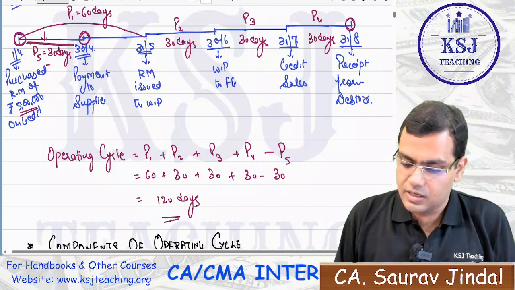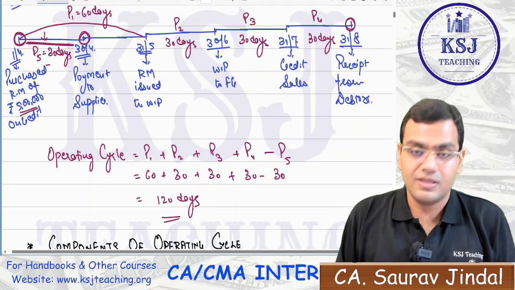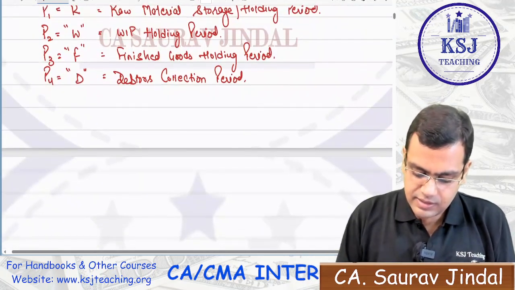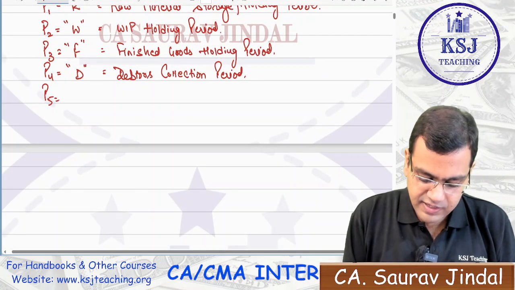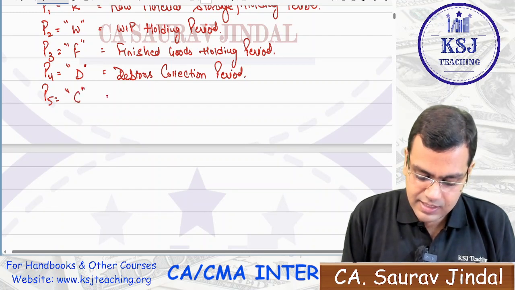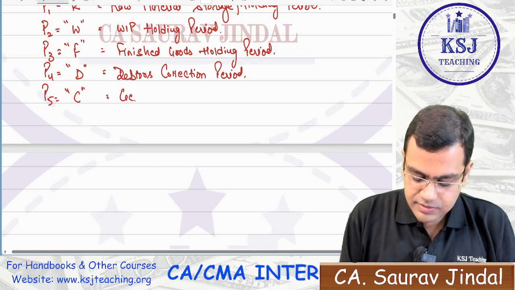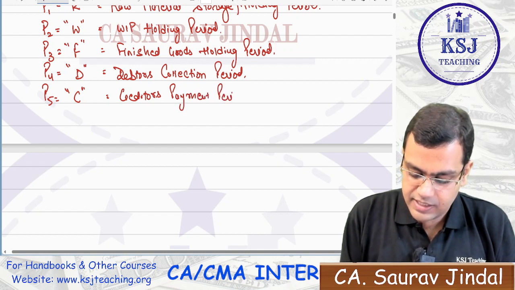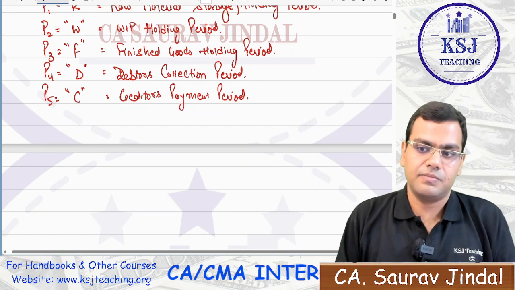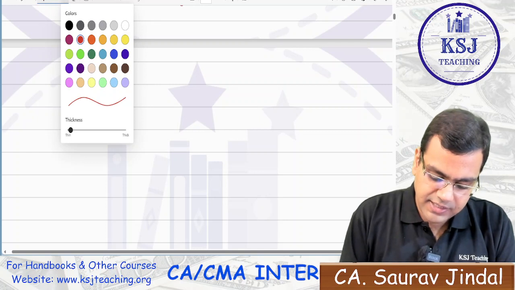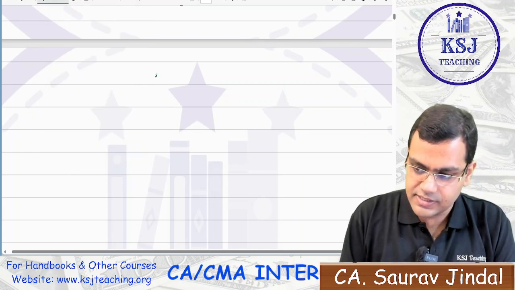So this is the P4. P4 is where the credit sales have been done and the amount is yet to be received from the debtors. And P5 is represented by C, that is the creditors payment period. This is the period allowed by the creditors. So if we talk about operating cycle now,